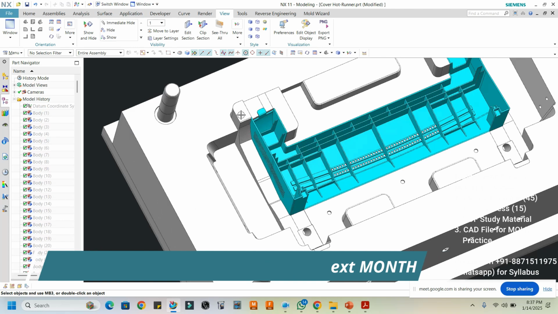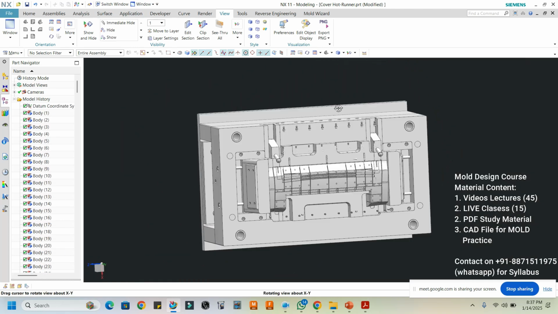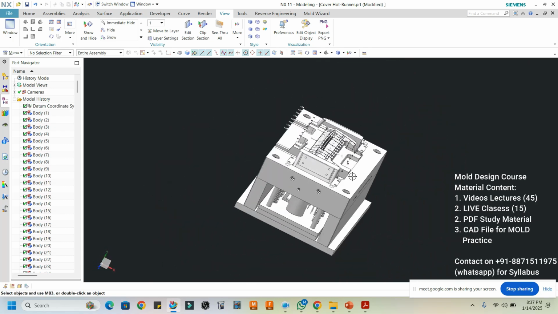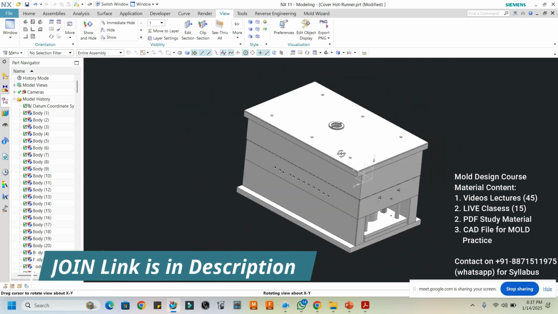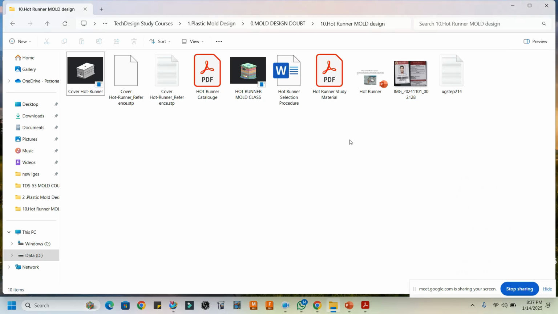See, this is the insert. See, this is the insert. Slider cover, that I can say. Yes, external undercuts, those. Yes. See here. This is the similar mold, but in this mold we are using the hot runner system, right?